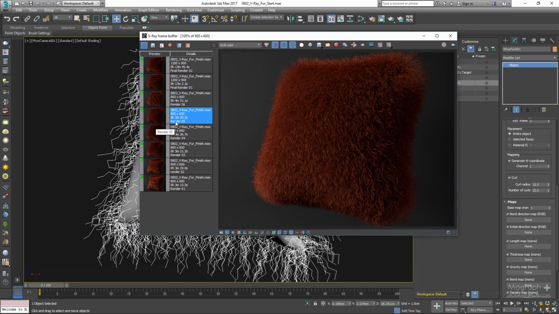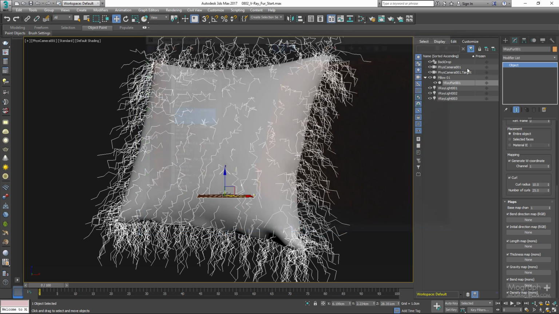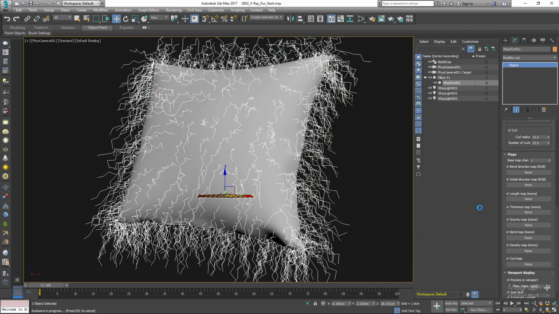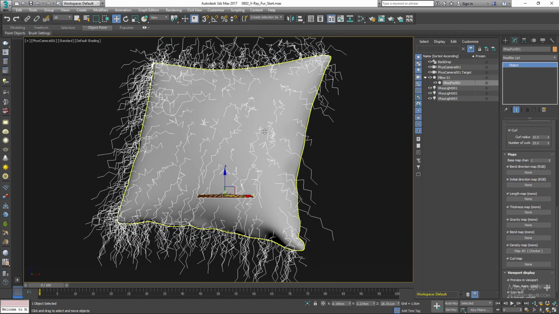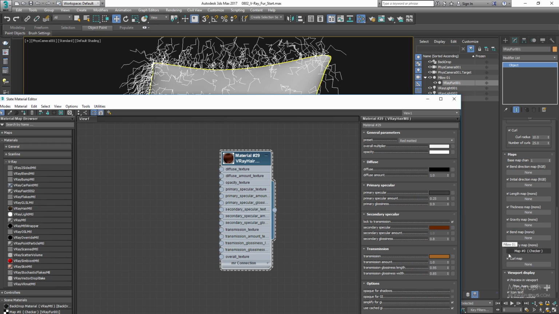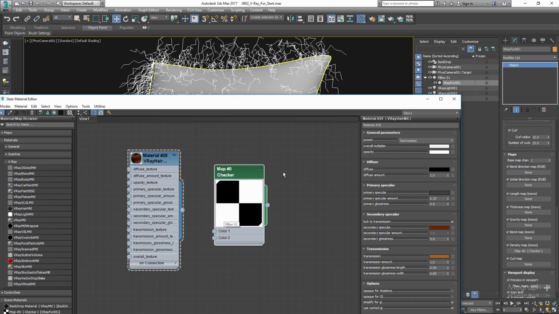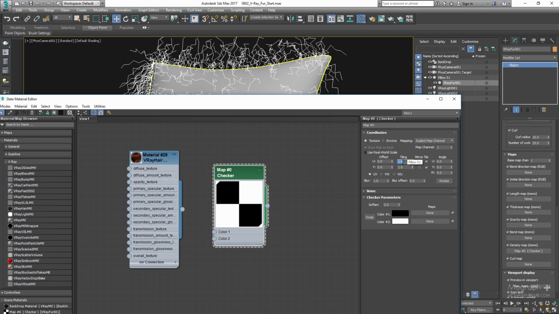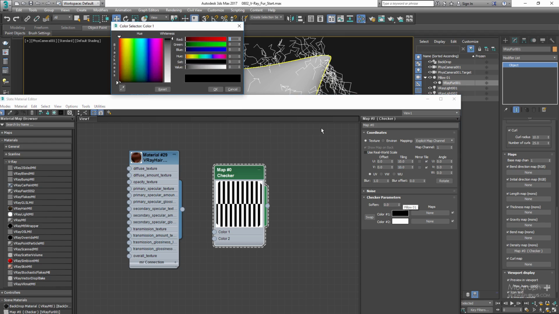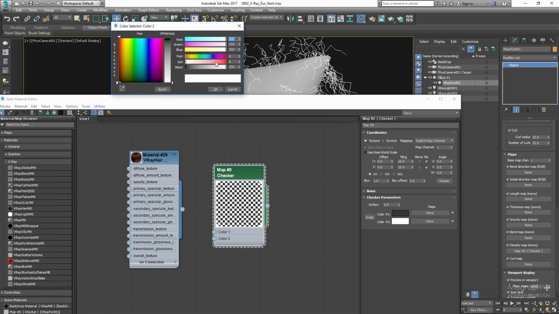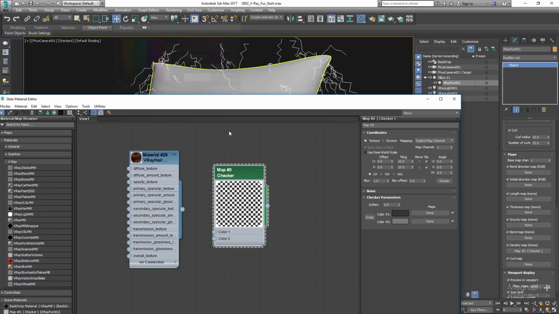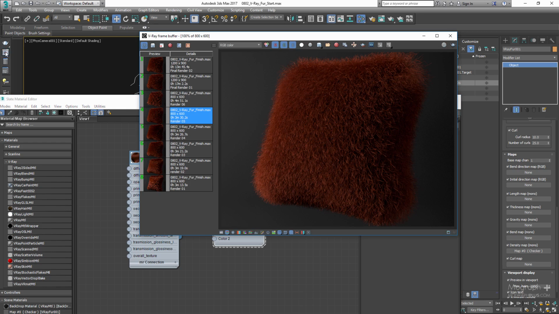And in the maps rollout, we can control different properties of the strands using textures. For example, let's try controlling density of the strands with a map. Let's use a checker map. And now drag the checker map to the material editor. Set the tiling to 10 and 10. Change color 1 to a dark gray with a value like 8, and color 2 to a value like 51. Now if we render the scene, we're going to get render 06, and you can clearly see the checker pattern